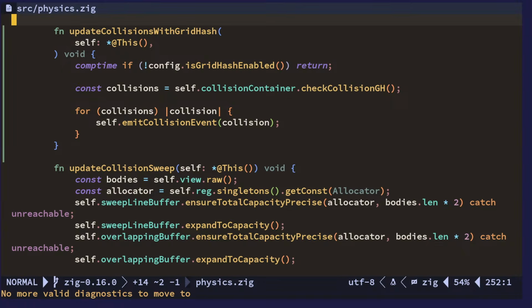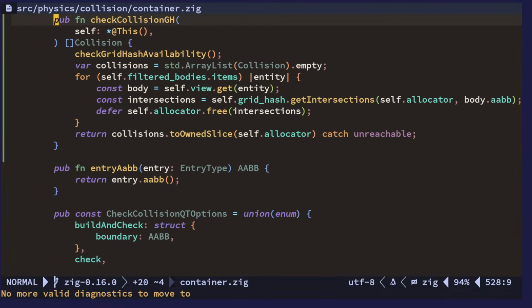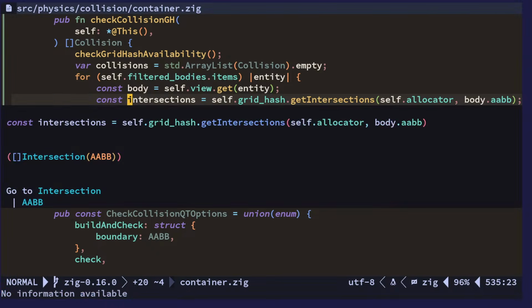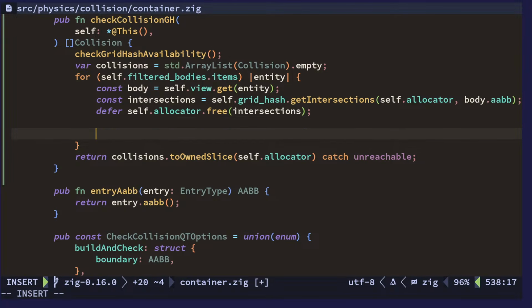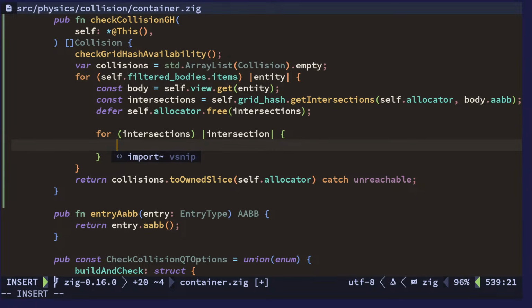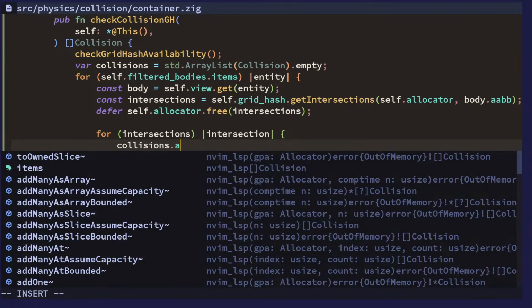Now, what are we missing? I think in here we get the intersections, but then we don't do anything with those intersections. So we need to convert these intersections into collision events. So let us go through every intersection, and we're going to append